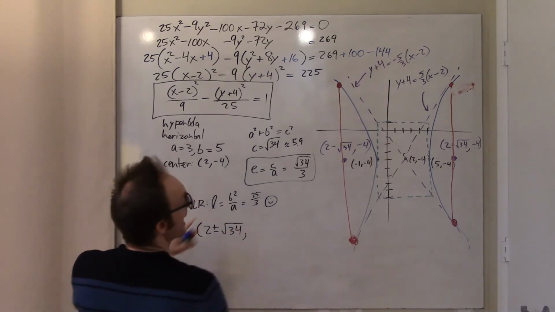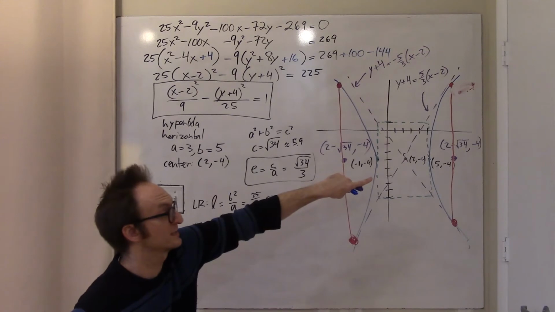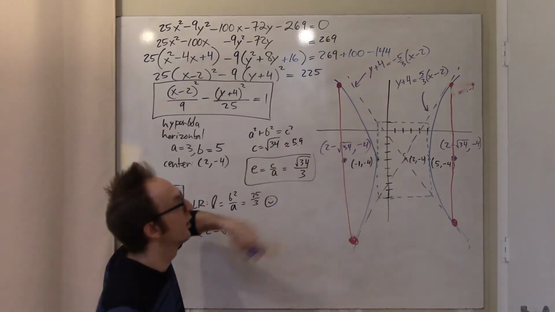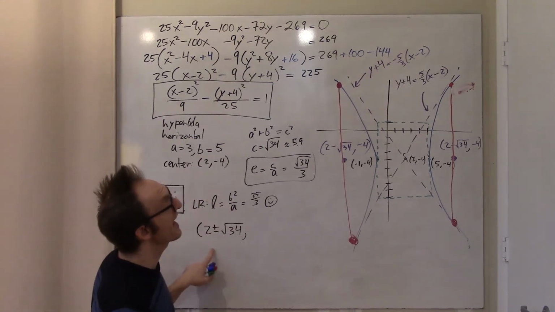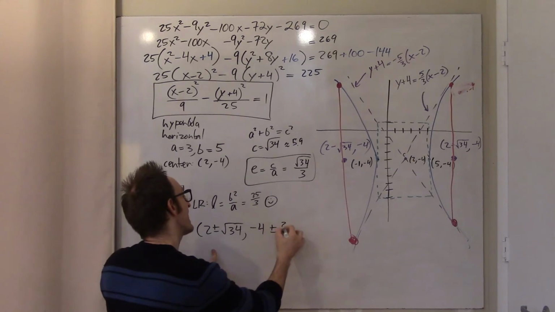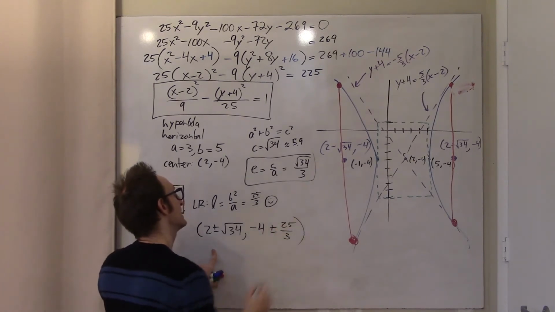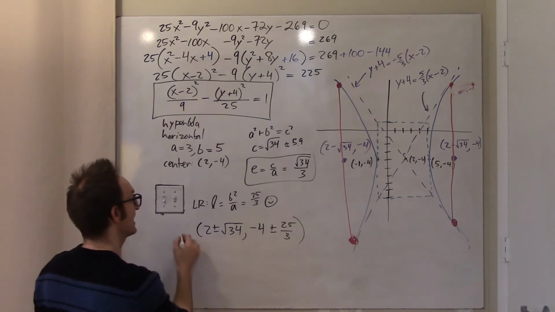In other words, either go over to 2 plus root 34, the right focus, and then go up and down, or go to the left to 2 minus root 34, and then go up or down. How much do we go up or down? Well, from negative 4, we go up or down 25 thirds. Okay, so this is just a very efficient way of writing that there are actually four